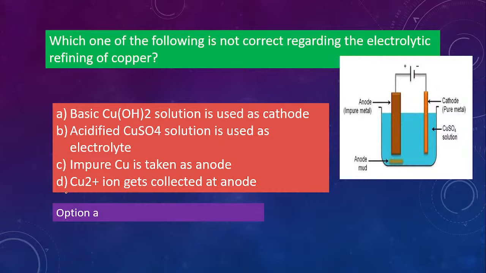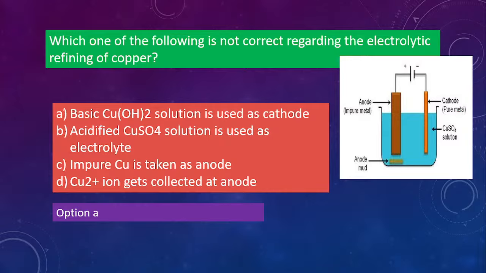This is the diagram of electrolytic refining of copper. At anode, you'll have the impure metal, here copper. So impure copper will be at the anode, and pure copper will be at the cathode. The electrolytic solution will be the copper sulfate solution. The impurities, called anode mud, will be collected here. तो ऑप्शन ए गलत है, बेसिक कॉपर हाइड्रोक्साइड सॉल्यूशन नहीं लेंगे। कैथोड में प्योर कॉपर मेटल होना चाहिए।